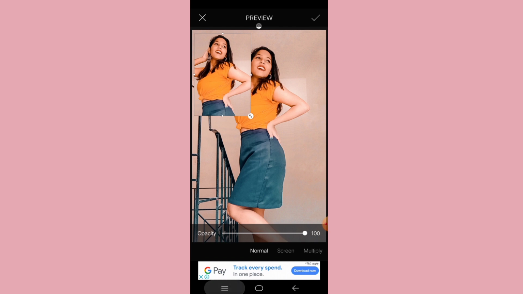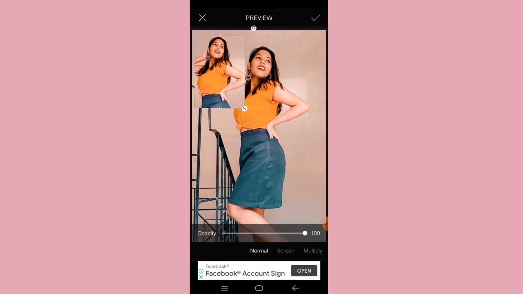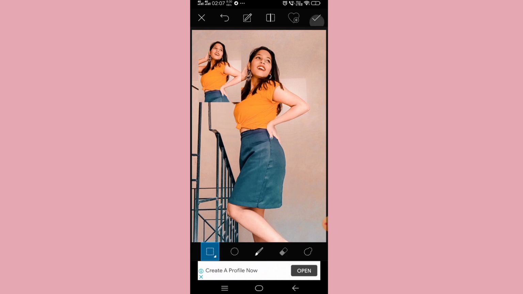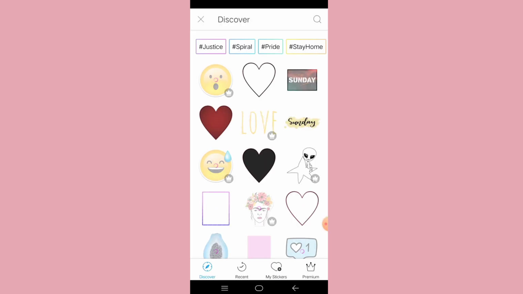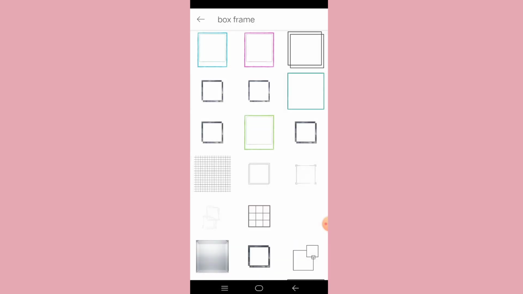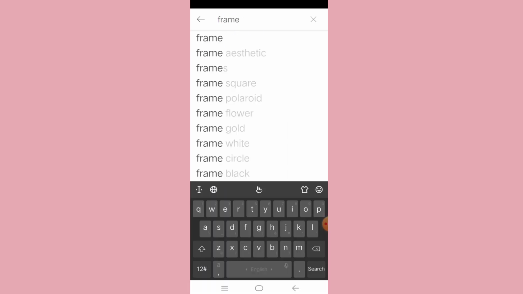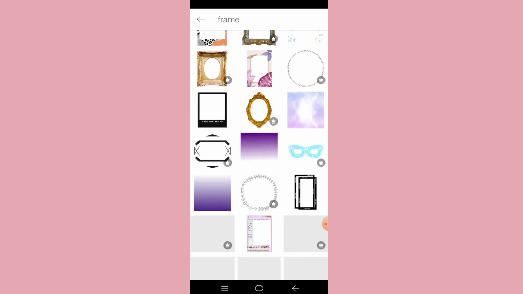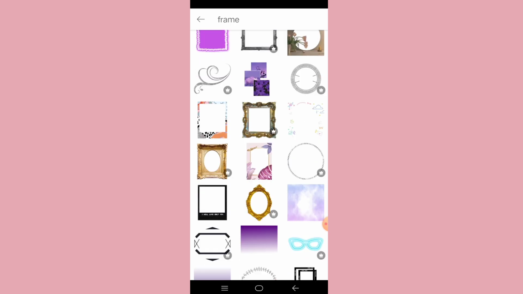So here I am putting my picture on one side. This is a more advanced way you can create your picture, and before I just used noise to make it simple. And now I am using a frame which has to be a shadowish frame.